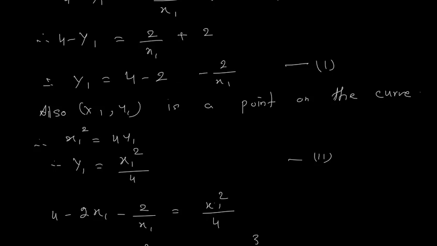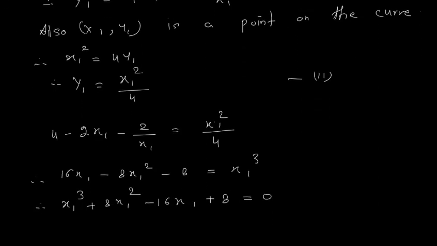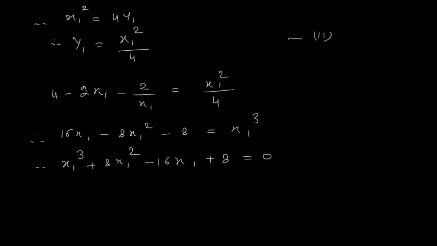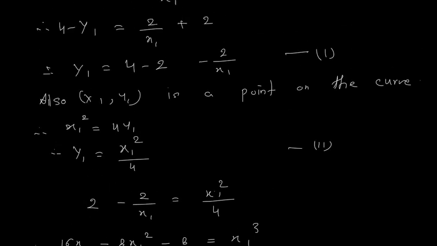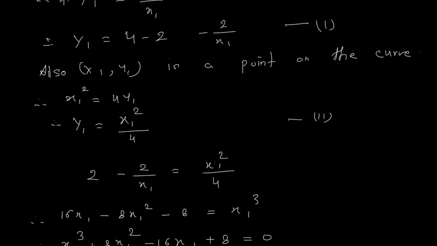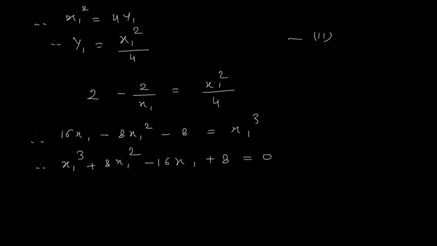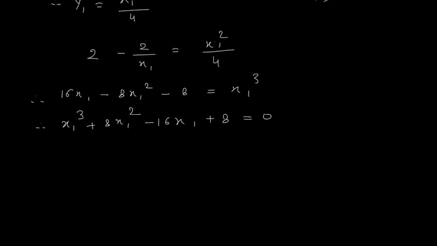So 4 minus 2 is 2. So here when we replace, we should say 2 minus 2 upon x1. So this whole term I have to erase. I will say that 4 minus 2 is 2, minus 2 upon x1 equal to this, and therefore here the equation will be something different. Okay, let us erase this equation. What are we getting?